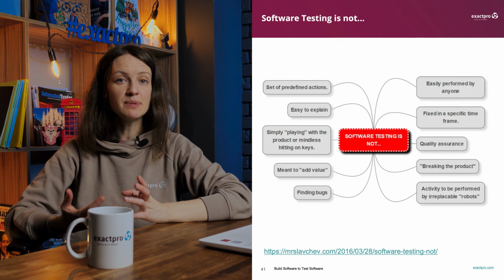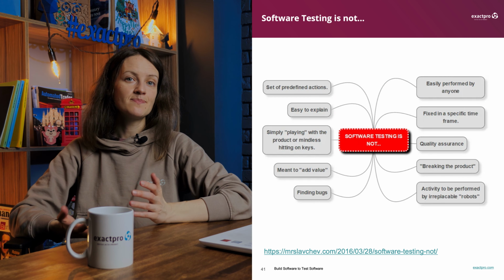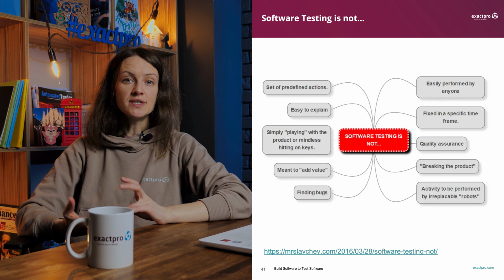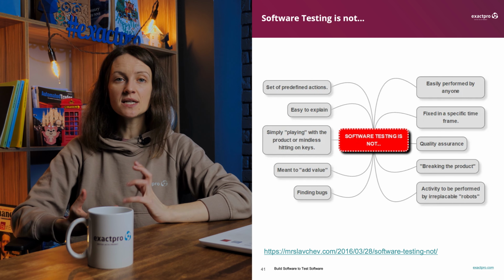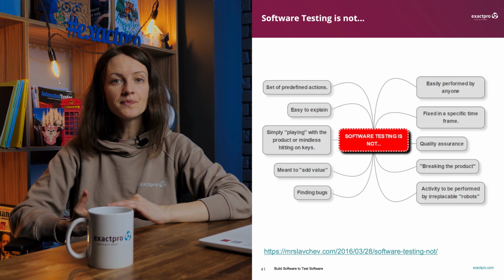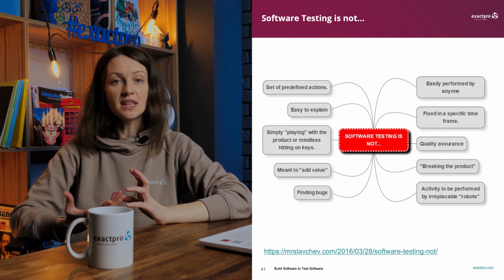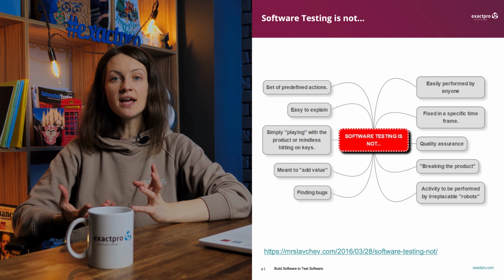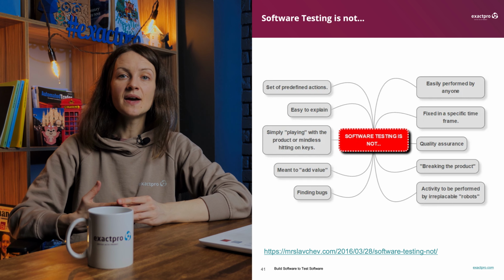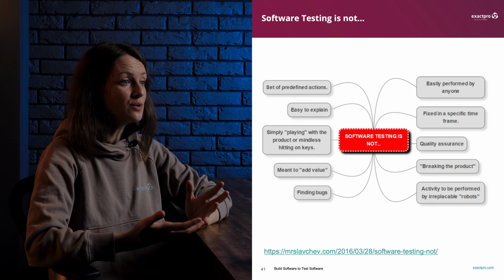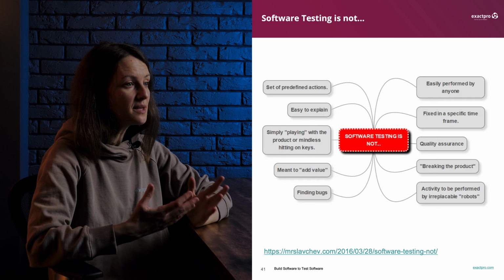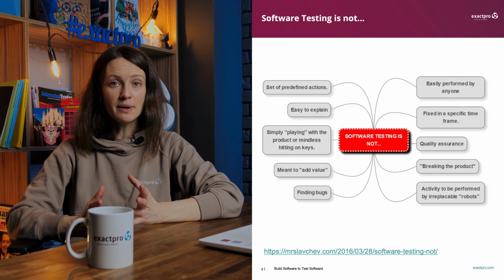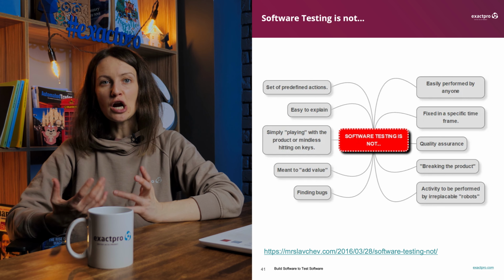You can also check out this blog post showing what testing is not. Let's take a look. Testing is not a set of predefined actions. Acquiring information is complex and nuanced. Testing is not breaking the product. Testers don't destroy the product, they destroy the illusion that the product is flawless. Testers don't add new defects to the product. They find the bugs that were added by the developers. We do recommend reading this blog post, even though some statements in it are quite questionable.